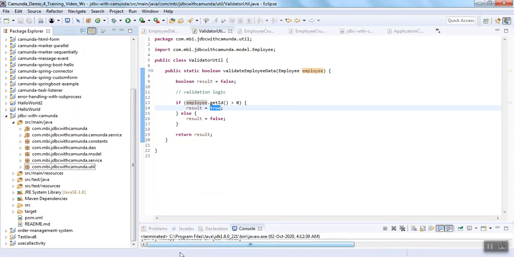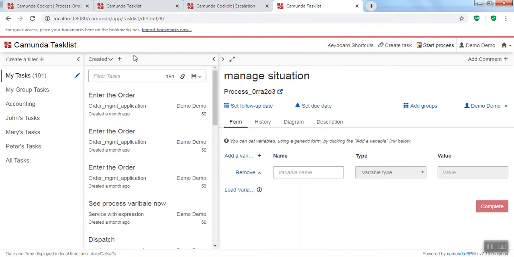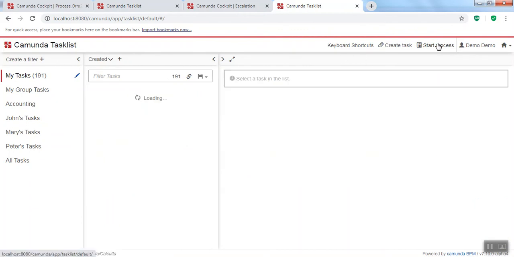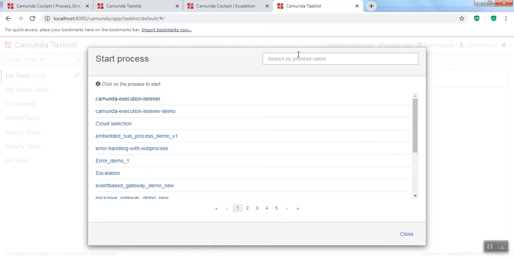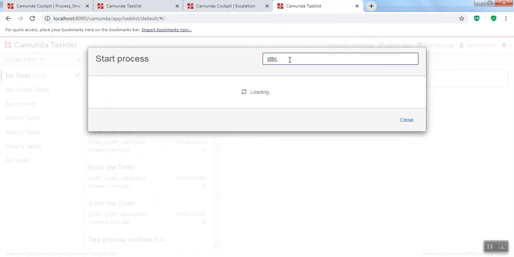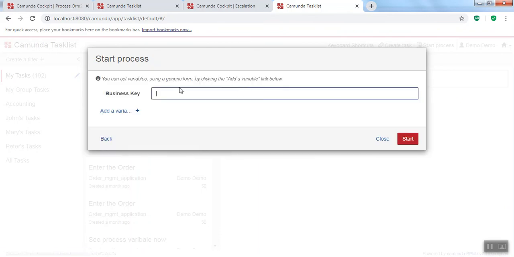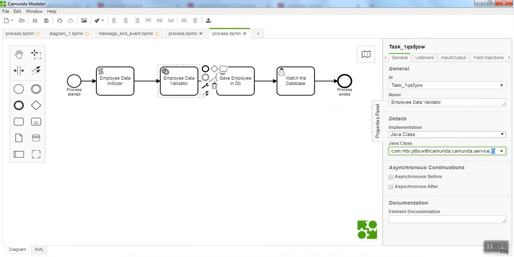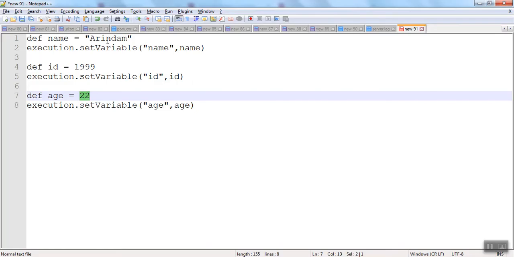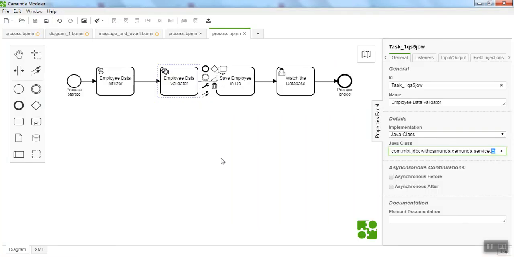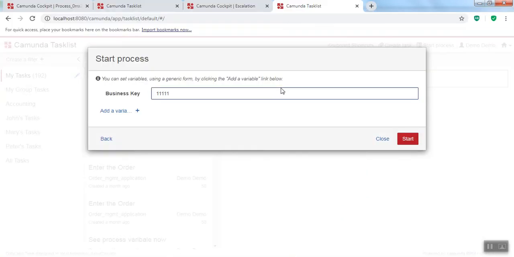And now next, if you want to go to your cockpit, you can go there and you can say, hey, task list, I just want to start a process. Okay, so let me try to start the process. And though the data is very much predefined, I could have taken some user task to get the data, but I have just defined it this way. So now if I try to start this process,